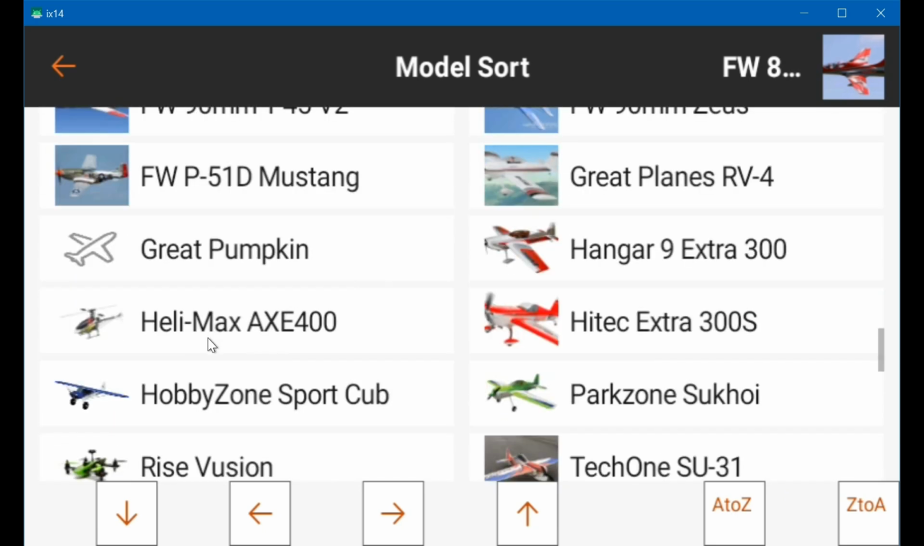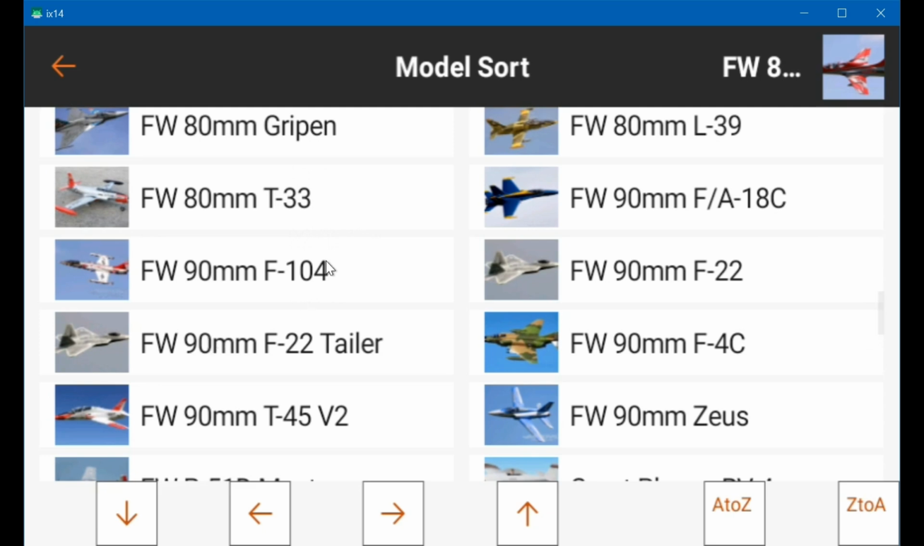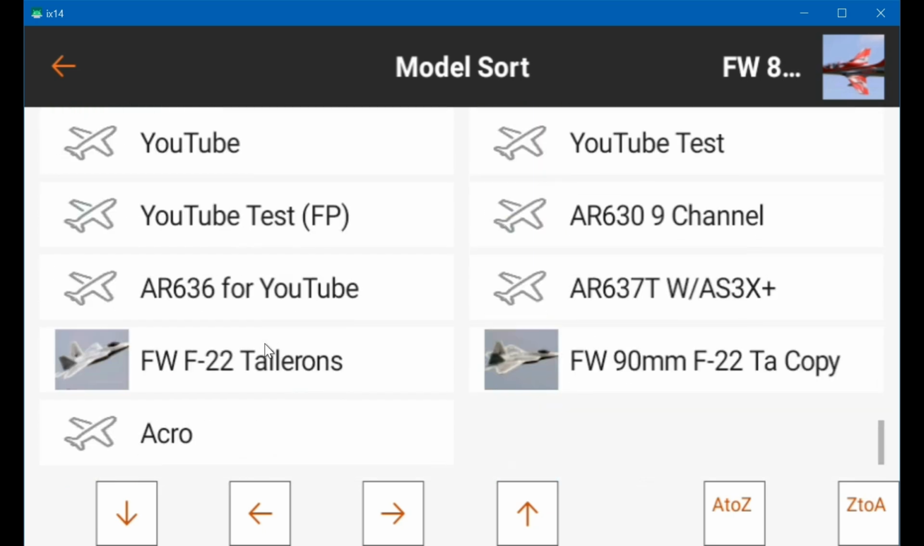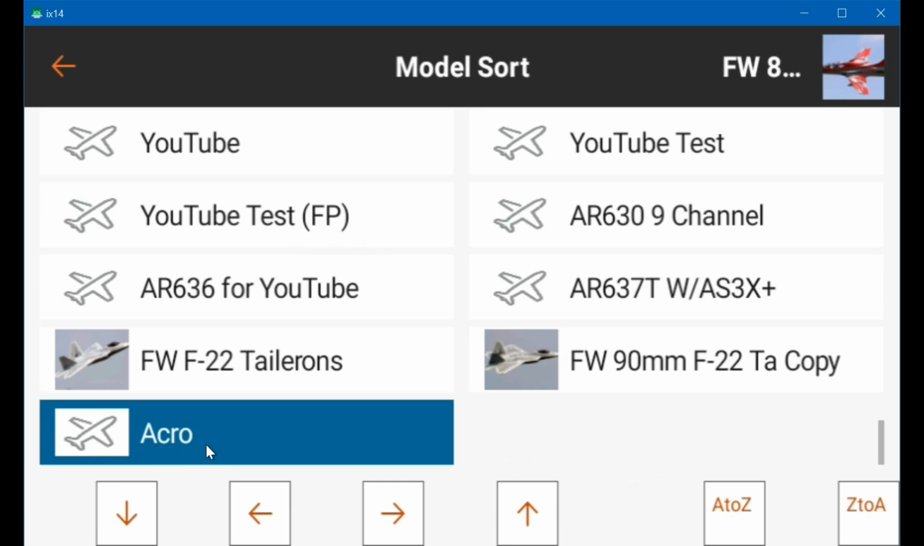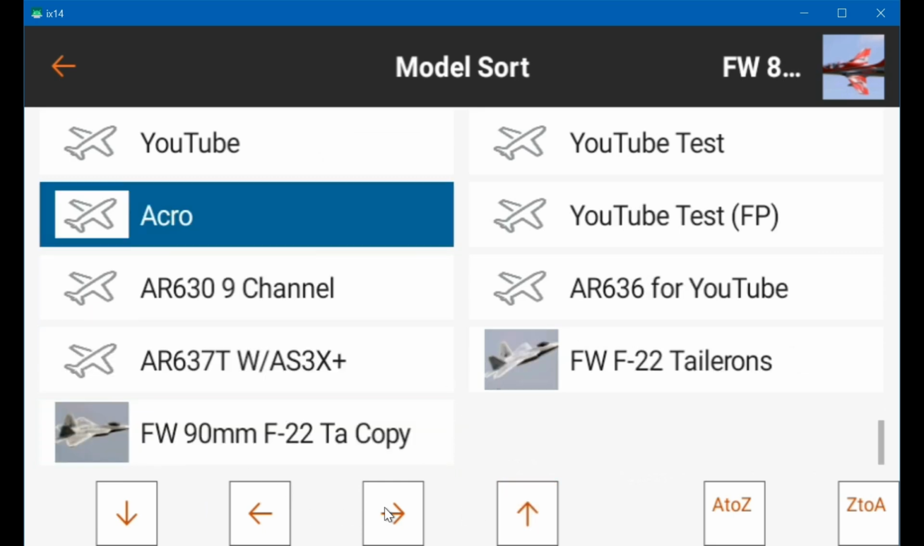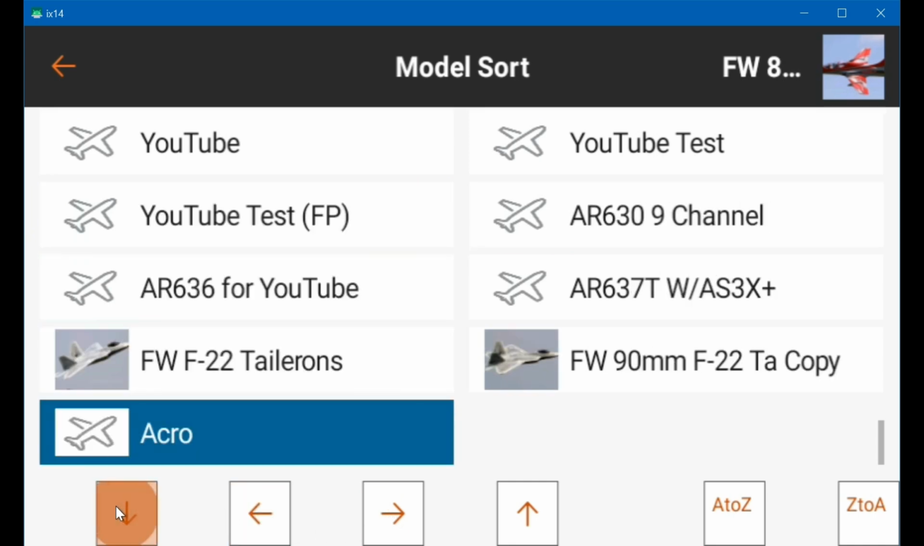As I add planes, I'll sort them manually. So if you want to move an airplane, you just highlight it and you can move it up, or you can move it to the right or to the left, or you can move it back down. Once you get them the way you want them,